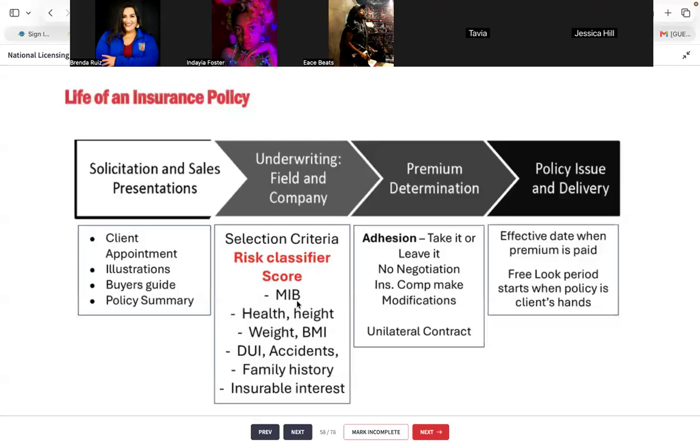If you want it, there's no negotiating. You can't say, "I don't want to pay $70. I still want to pay 50 for my 100K." They're going to say, "No, you want to pay 50, you're only getting 80K." They're the only ones who can make changes to the policy. You can't come back and say, "I want to pay less, or I want more coverage for the same amount." There's no negotiating with the insurance company. You either take it or leave it.